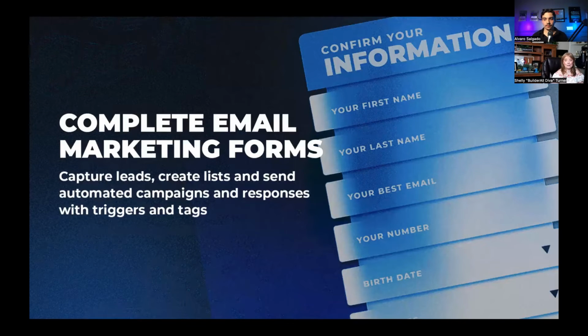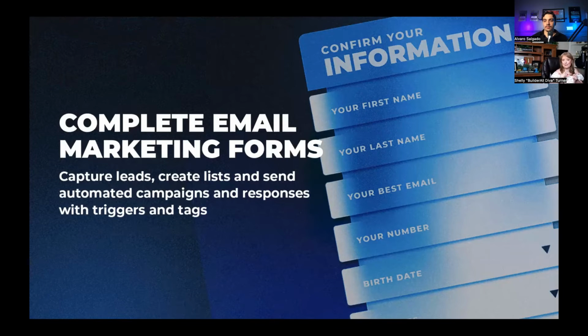Complete email marketing forms. A lot of times when you get email marketing forms inside the plugins, when you pull them in, they're just really, really plain. Inside of Cheetah, we have the most beautiful email marketing forms, and you can either build from scratch or you can pull in some templates that are already there. But either way, you've got extreme customization for these so that you can pull in the exact fields you want.